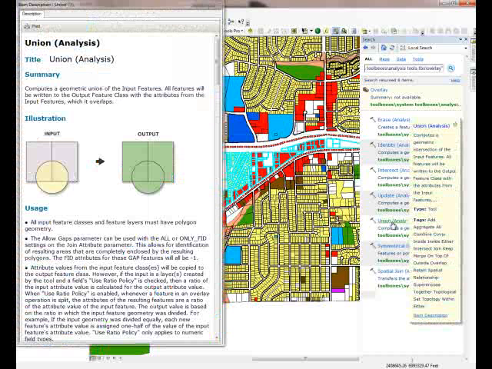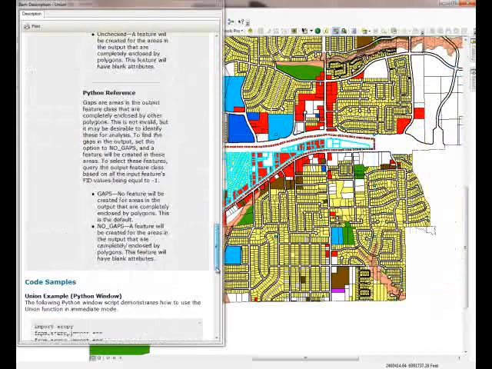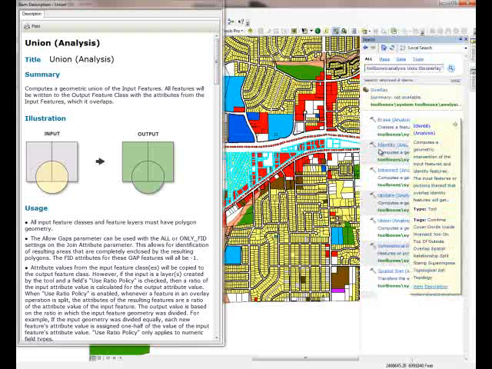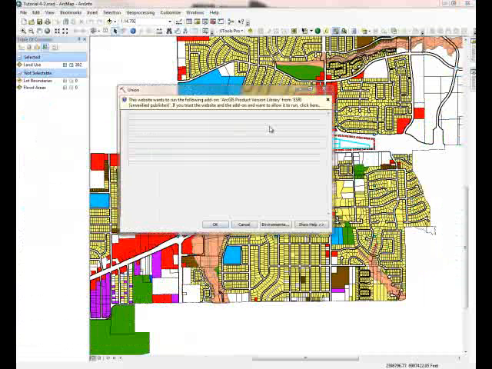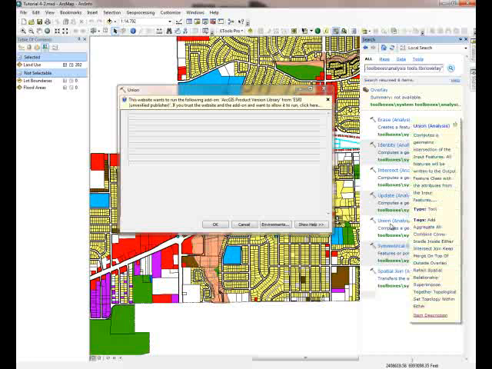Okay, there's our tool set, and if we go back into it, when I ran the tool from the top of the dialog box, by clicking on the Union Analysis tool,